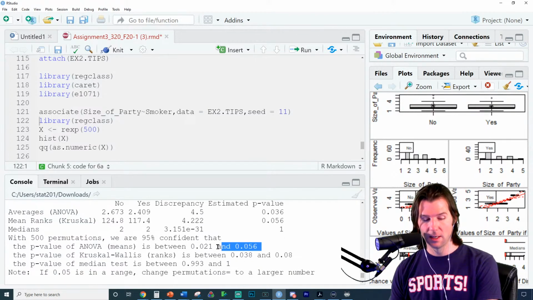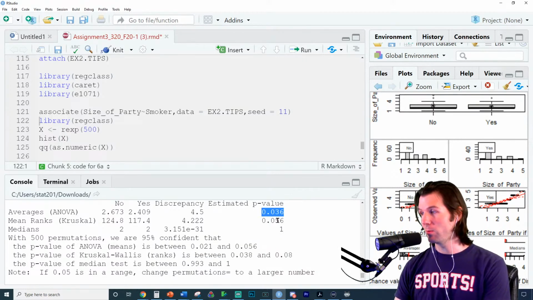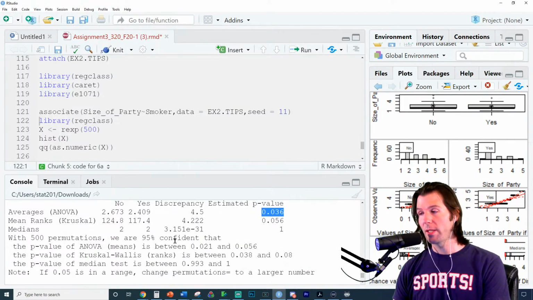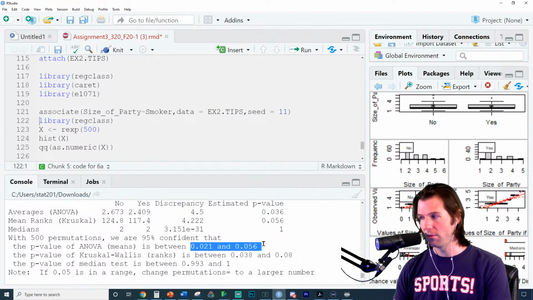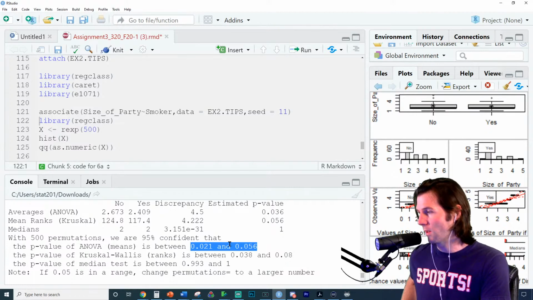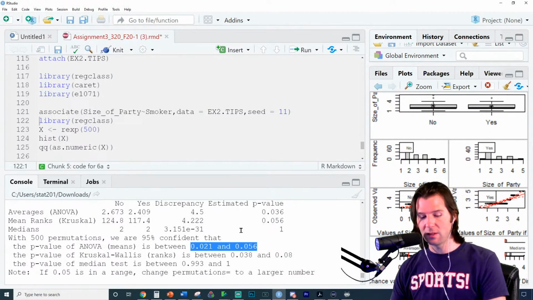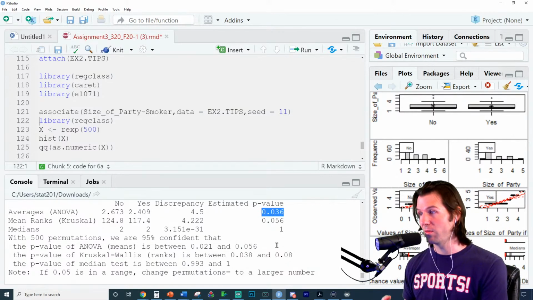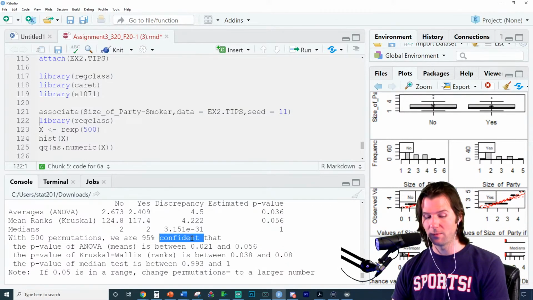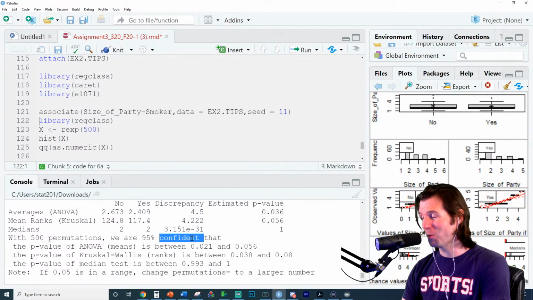Last but not least, especially with our set seed, what do we notice here? That when we ask the question, is it statistically significant? We would say yes. But down here, are we confident it's statistically significant? Are you confident this is statistically significant, Colin? Because it is statistically significant by way of estimated p-value, but are you confident that it's statistically significant? You're like, I don't know.